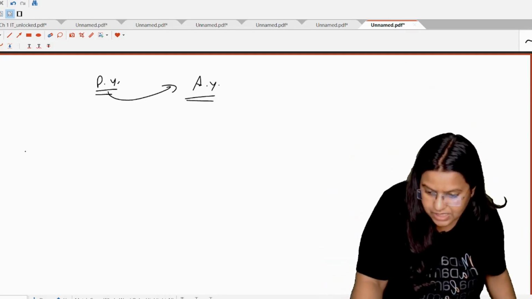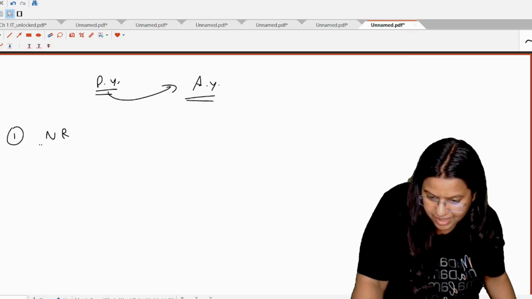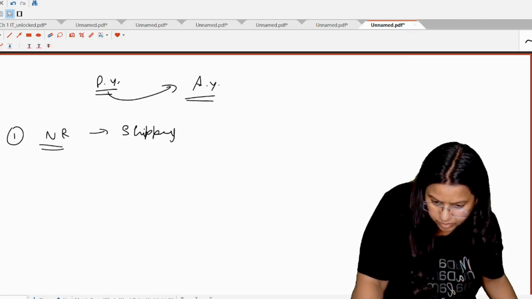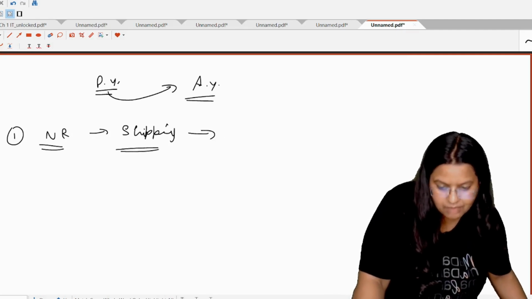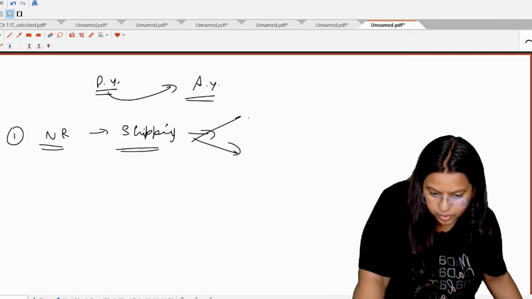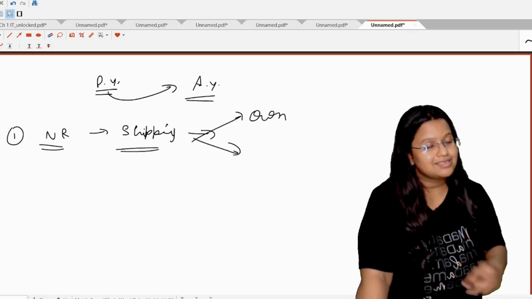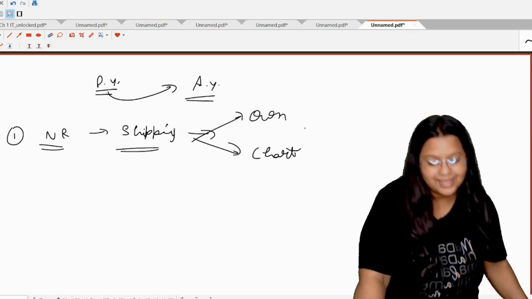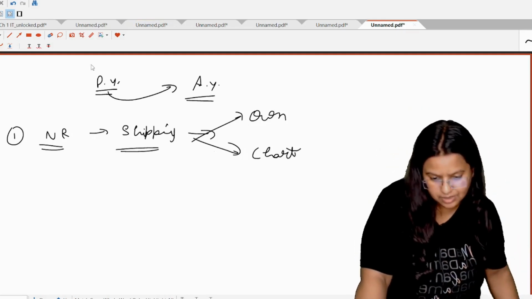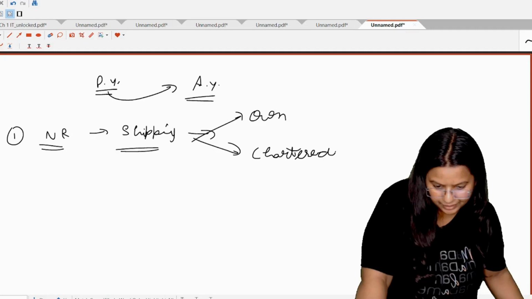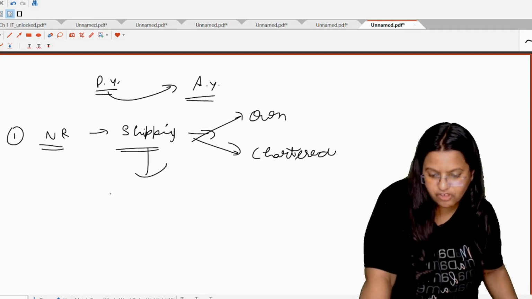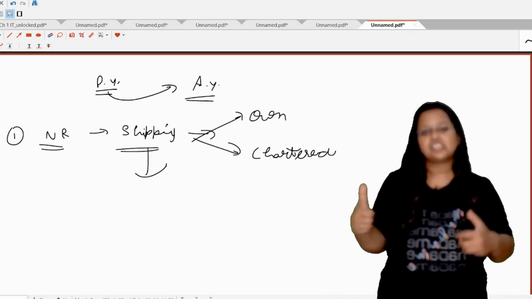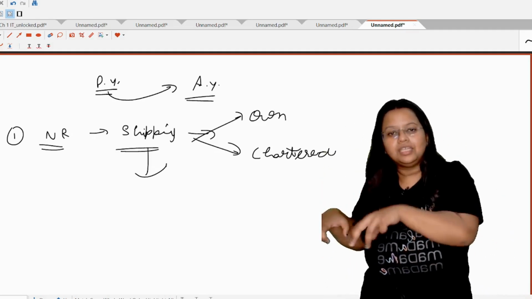The first one is, if a person is a non-resident and he is doing the business of shipping. Shipping business means, first of all, the ship can belong to the person, meaning he is the owner of the ship, or the ship is on a charter basis, meaning he has hired the ship for his business. Both can apply here, and he is doing the business of shipping as he is carrying passengers, livestock like animals, and goods from an Indian port to any other port.